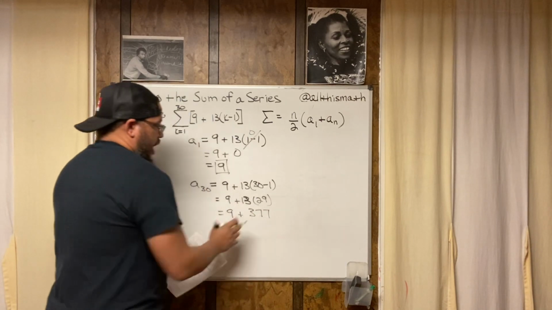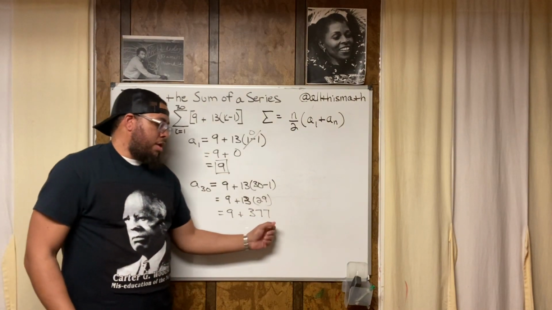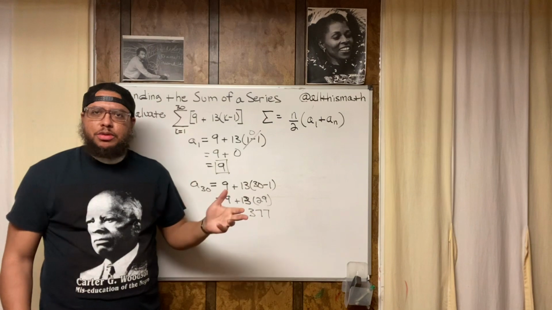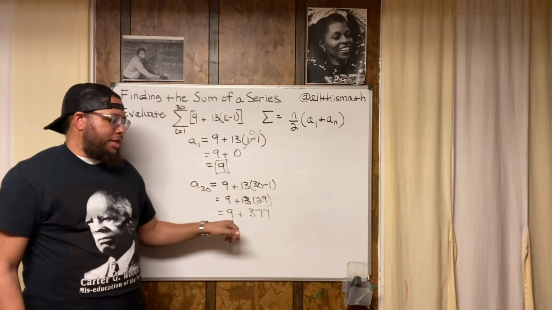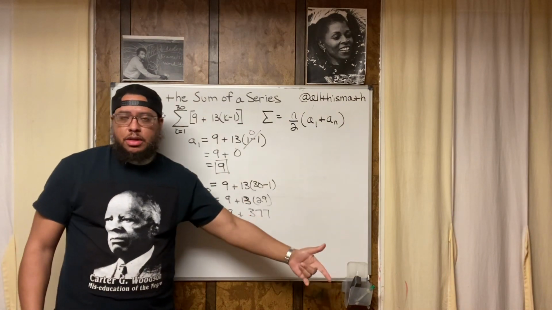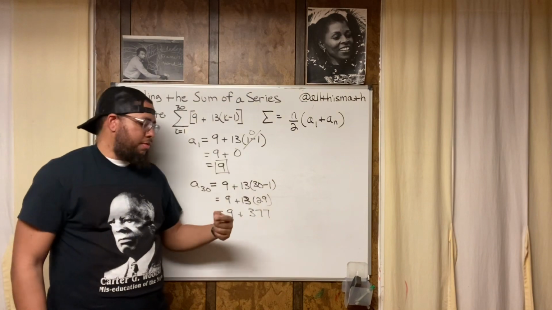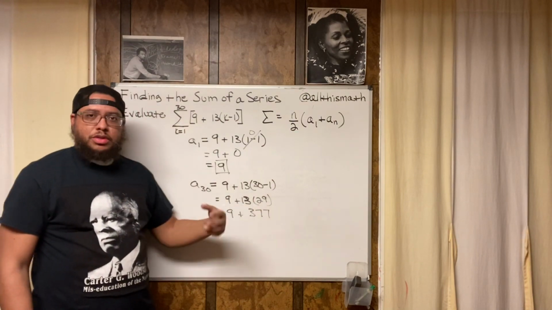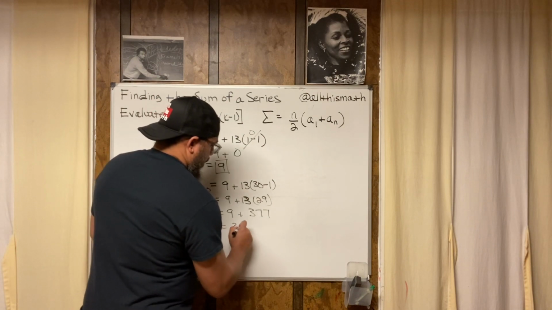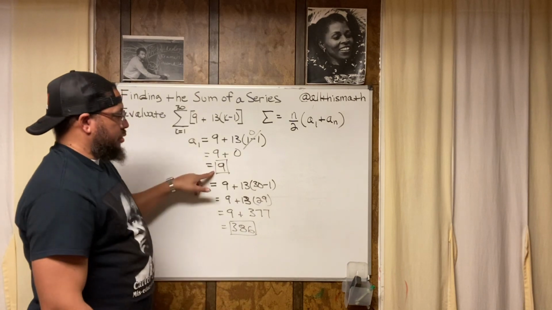So 9 plus 377, a little math trick. Since 9 is so close to 10, I can do what's called rounding and compensating, some textbooks may call it. Treat this like it's a 10. Do 377 plus 10. That'll give you 387. And then subtract 1 from 387, because 9 is 1 less than 10, right? So really, that's going to give you the same result, right? So this is going to be 386. All right?